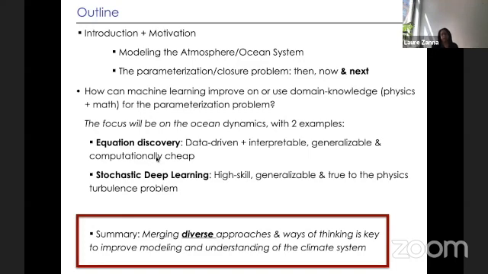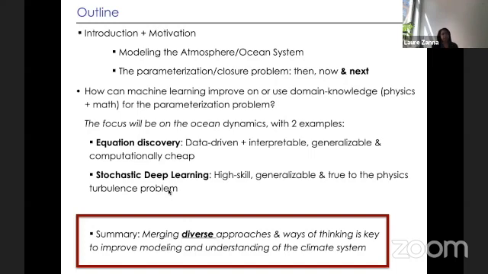One is called equation discovery. So we're going to discover differential equations using machine learning for those processes that we can't represent. And the beauty of that is you have a mathematical expression, so technically you can explain it and represent it. That's great. We usually feel quite happy about this, and it's computationally cheap. The second approach, which was basically led by Tom Bolton when he was a PhD student, is using deep learning, so convolutional neural networks, which are a little bit more black box,